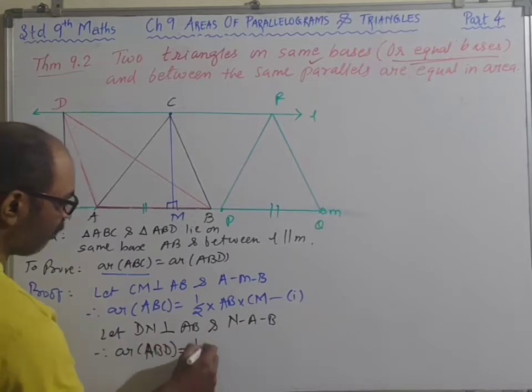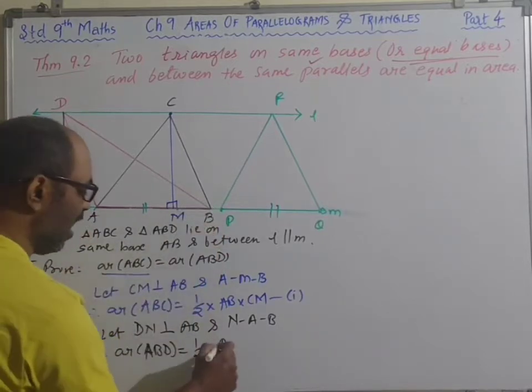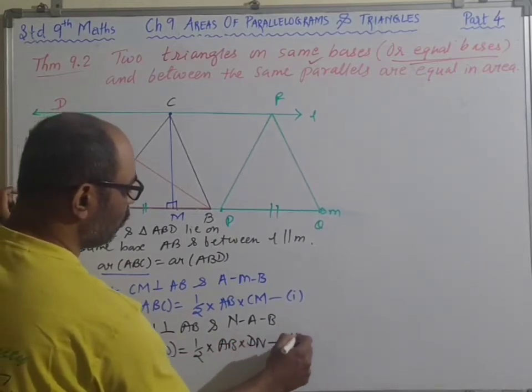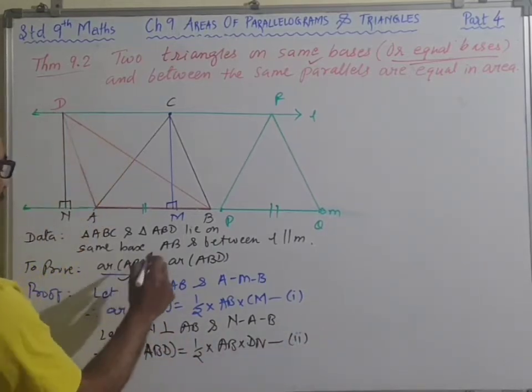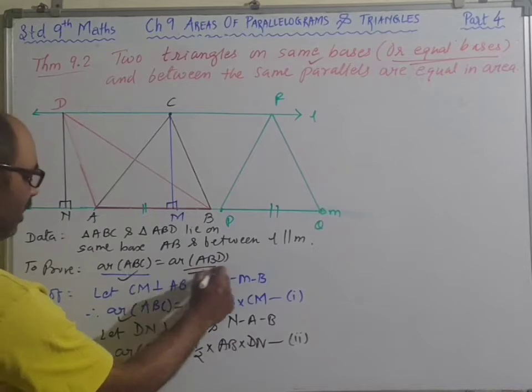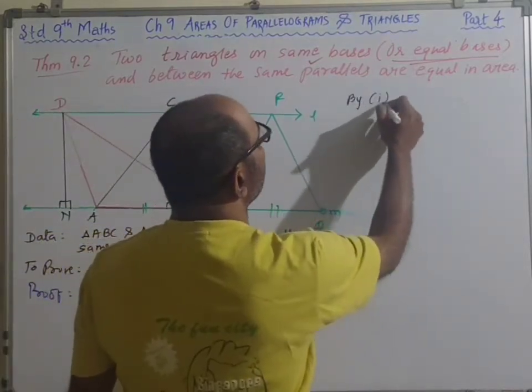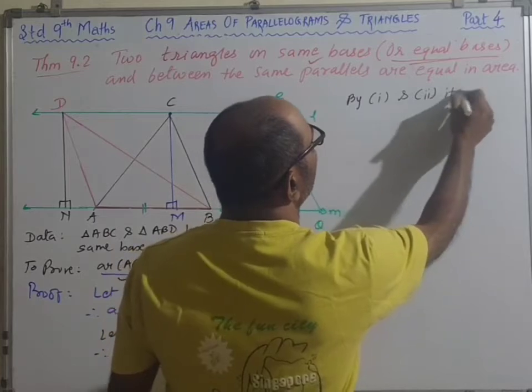ABD is half into base. Base is AB, children, and altitude is DN. Result 2. Children, you got the area of this triangle, then you got the area of this triangle. So take the ratio. So by 1 and 2, it follows